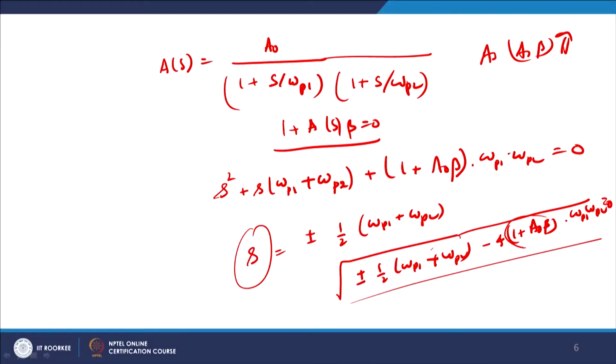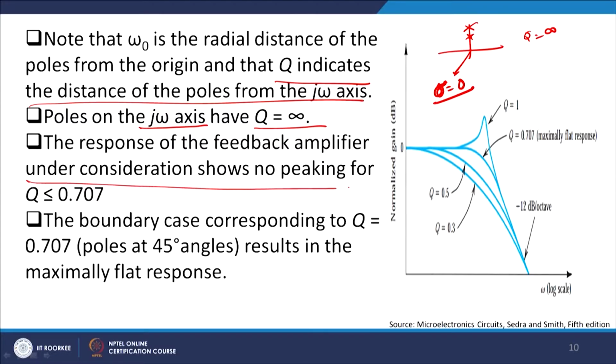And so, as a0 into beta goes on increasing, this quantity goes on increasing, and therefore this quantity goes on decreasing. When this goes on decreasing, this quantity goes on increasing. So, the poles will start moving to the left of the plane. So, the response of the feedback amplifier shows no peaking at q less than or equal to 0.70,